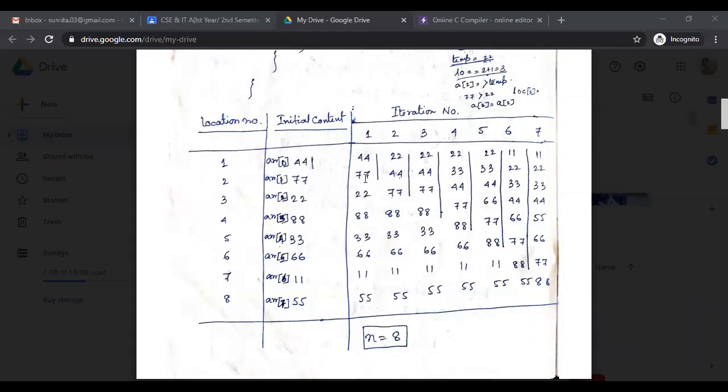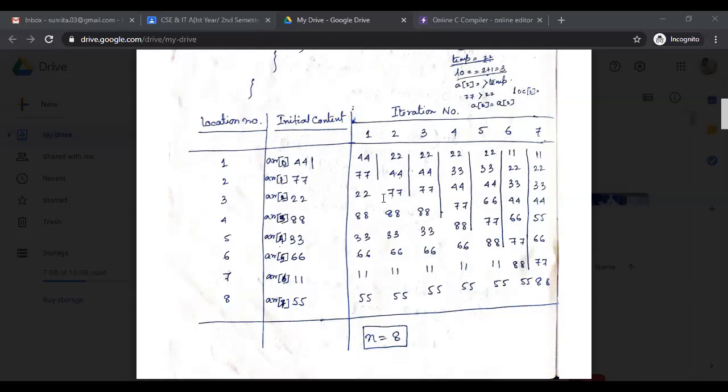In that case, when the comparison takes place between 1 and 0, 22 is already there, because I already swapped these two values, since ARR2 is less than ARR1. For that reason, 22 must be in the second position of my array.